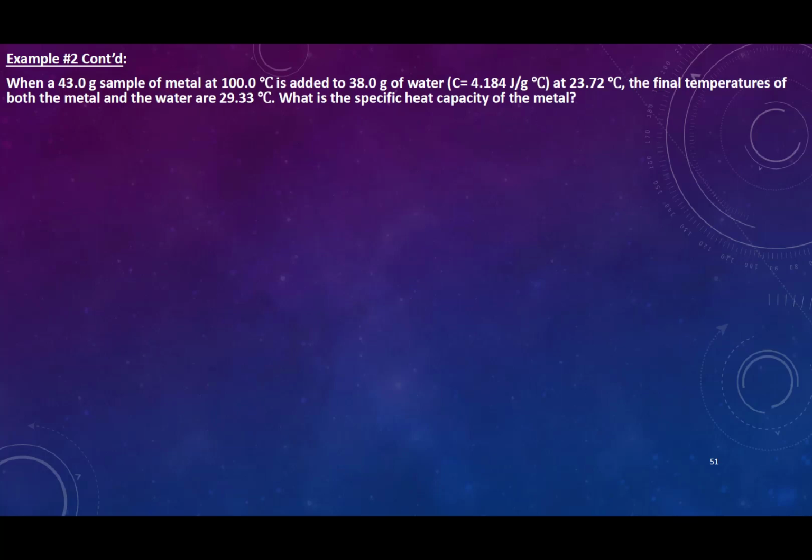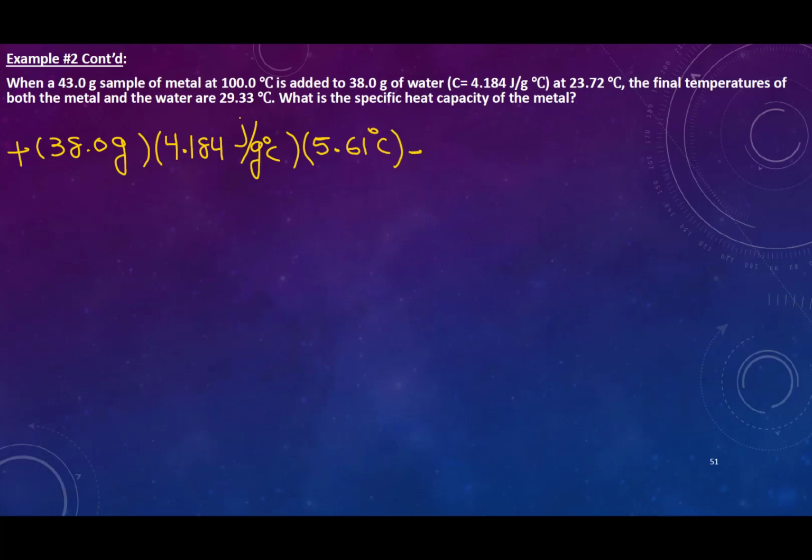The mass of water is 38.0 grams, positive, times 4.184 joules per gram degree Celsius, times delta T, which I calculated as 5.61 degrees Celsius,